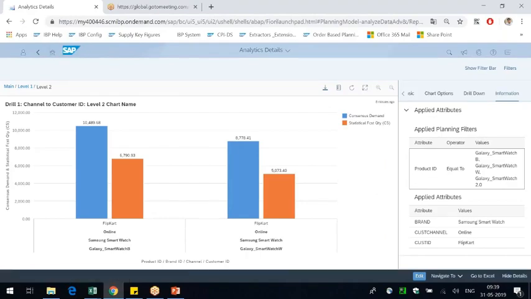So tomorrow we'll continue, guys. There is more to explore in this analytics, but you guys got the feel, right? Like how the planner can create the chart. So it's not like a BW kind of a thing. On the fly, the planner can go and do some analytics on the key figure data that is available at different levels, in different visualizations, with some drill downs, and all that stuff.